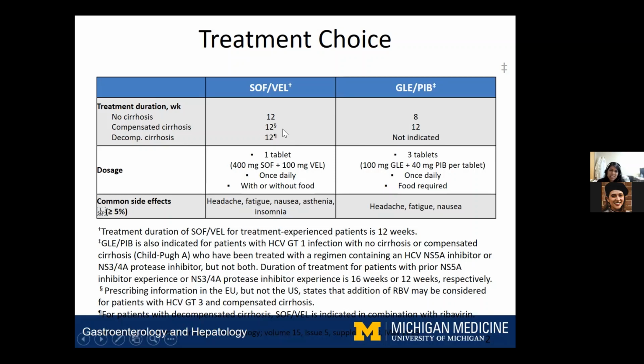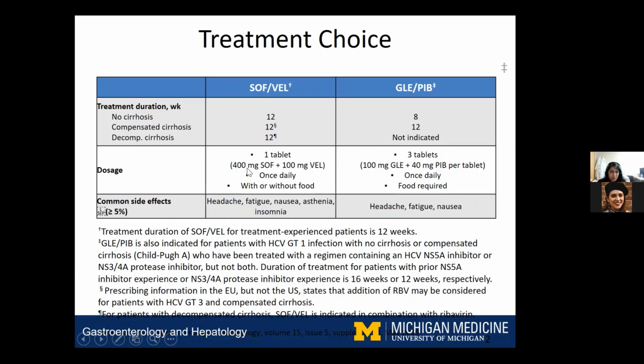So you could still consider 12 weeks of treatment with Epclusa, but protease inhibitors with the Mavyret is contraindicated. So there are increased risks from a liver standpoint and making the liver disease actually worse in patients with decompensated cirrhosis and treating them. So the dosage for both of these is still 1 tablet for Epclusa, which is a